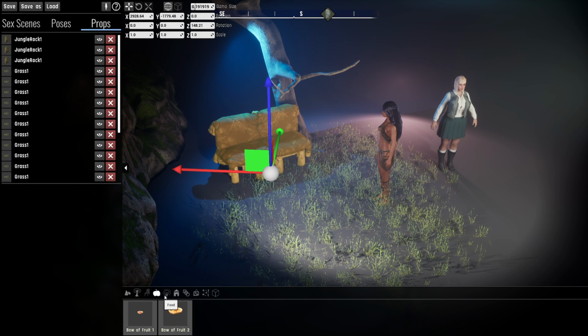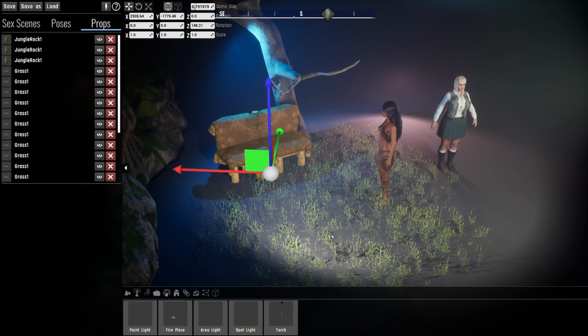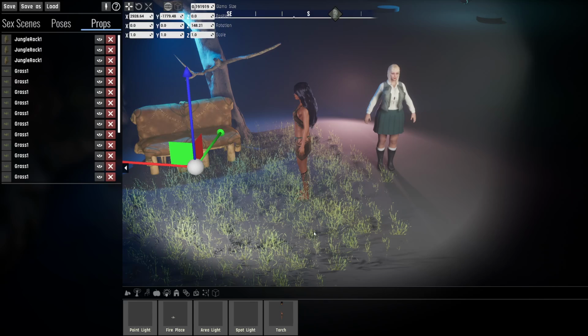There's not a lot in food here, but now let me go to the lights, because this is something that opens new possibilities. So in lights we have 3 different light types, and in here we also have some light sources. The main light types are the point light, which is here, the area light is this one, and then the spotlight is this one. I'm going to go over each of these to explain a little bit their differences and how you could use them best. So the point light is